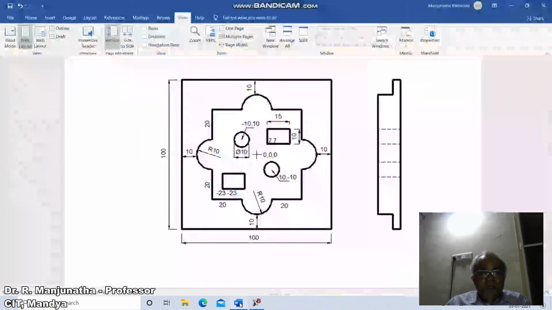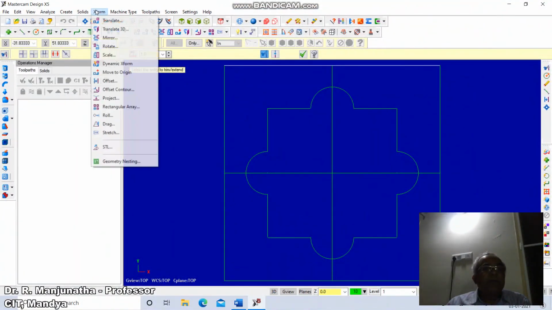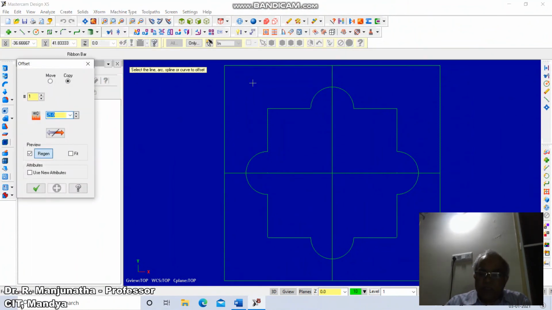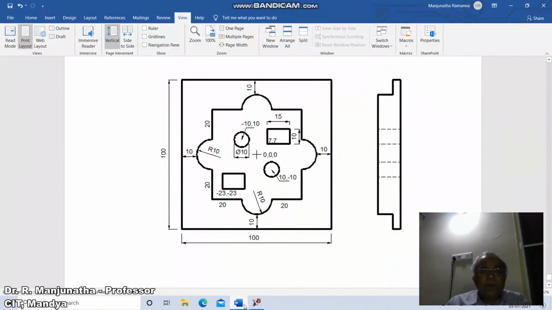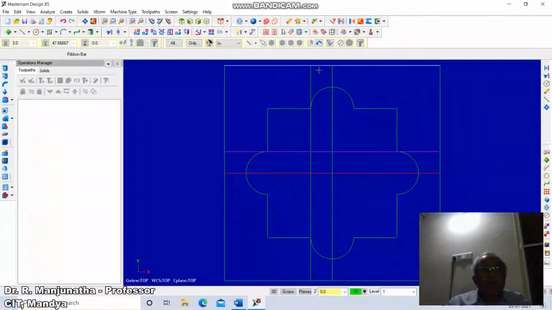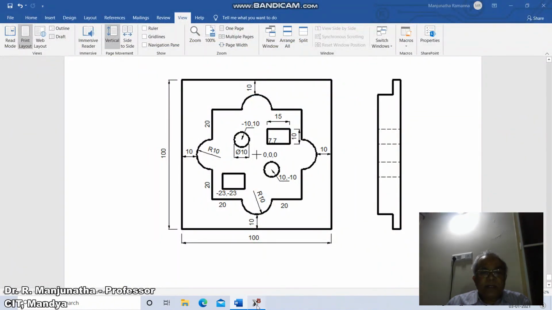Now we will go to the inner portion. To do that, we'll go to Xform, offset, take the distance as 10 from this side and also from this side. You take 10 mm on this side and take a circle of diameter 10.